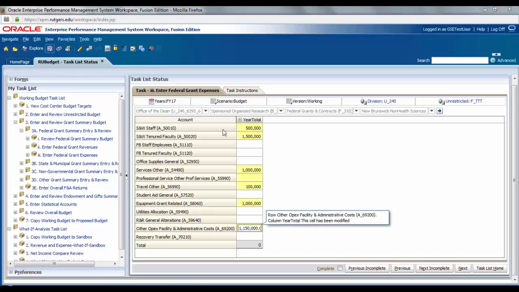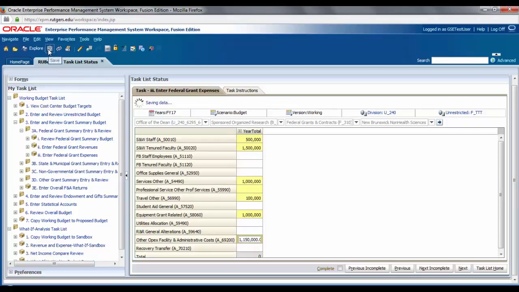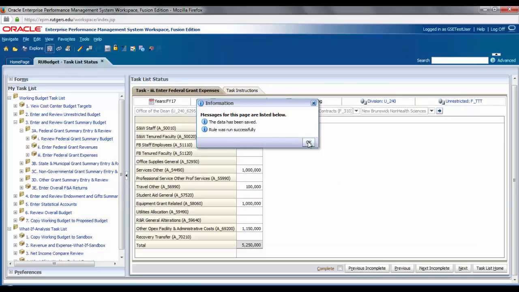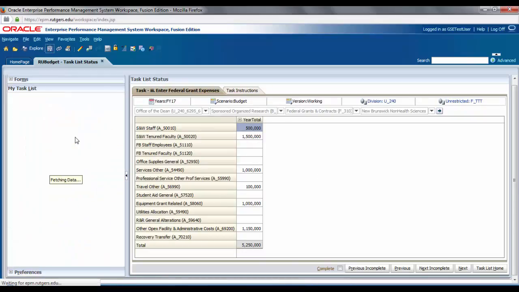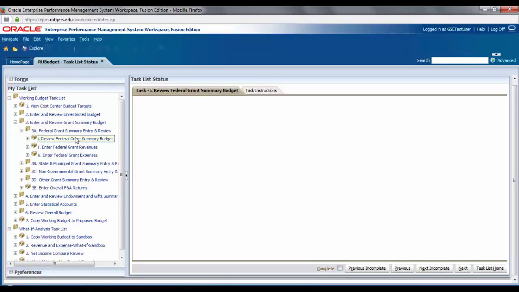I've just entered in, at the same UDO as my federal revenues, the estimated grant expenses for fiscal year 17. I can now hit the save button. Get the OK message. Go back to my review screen